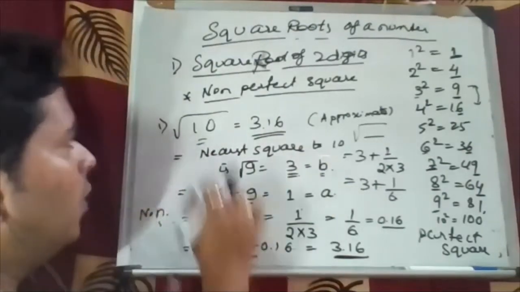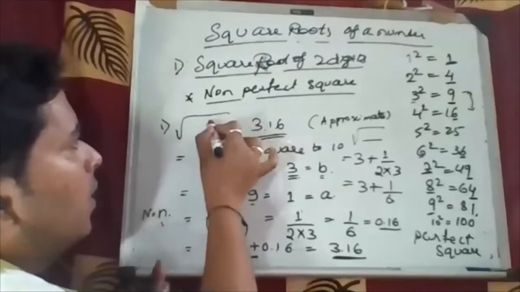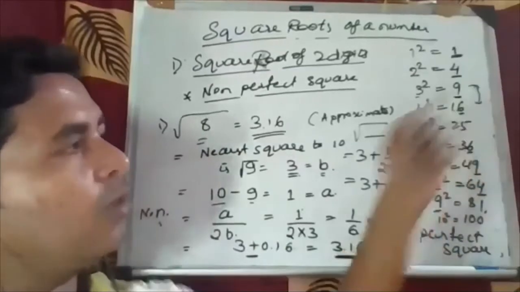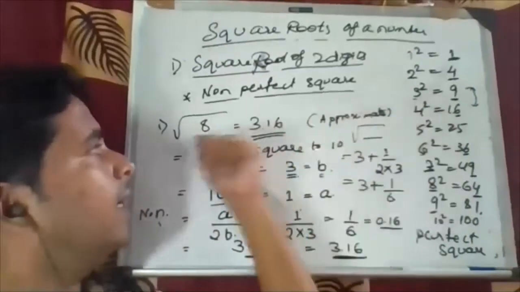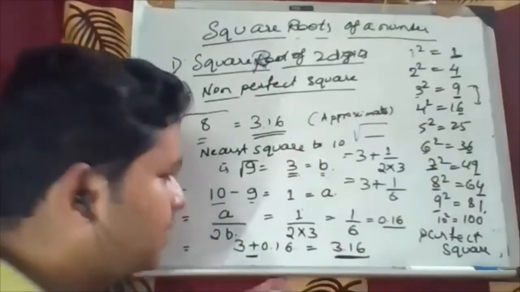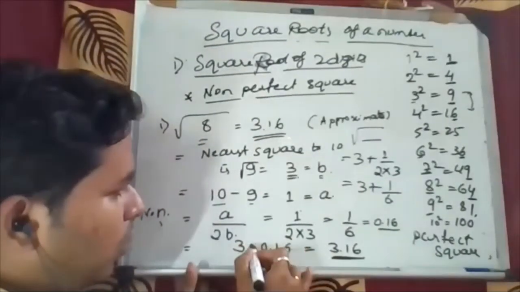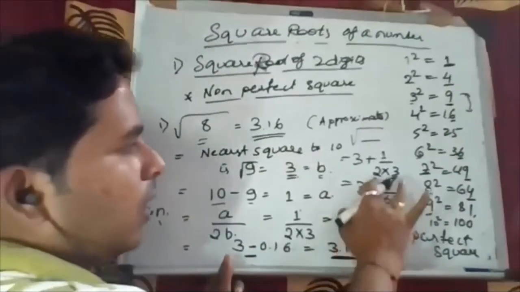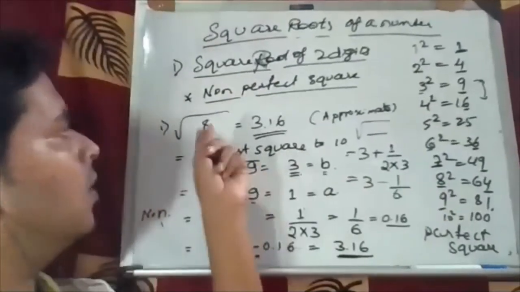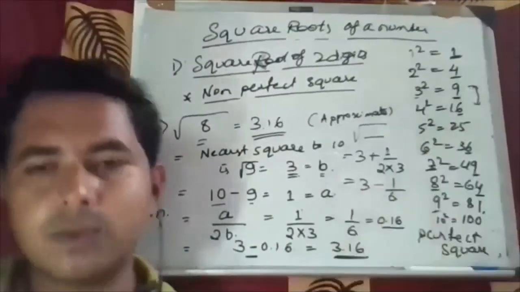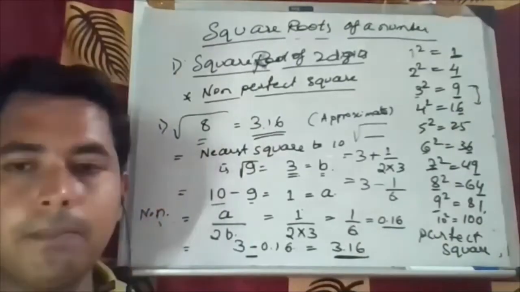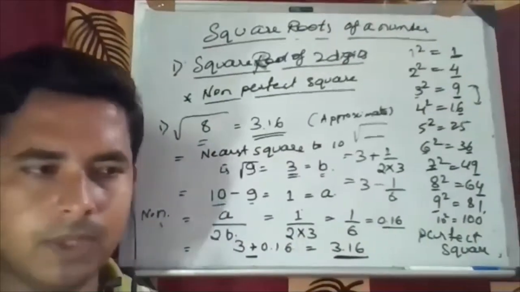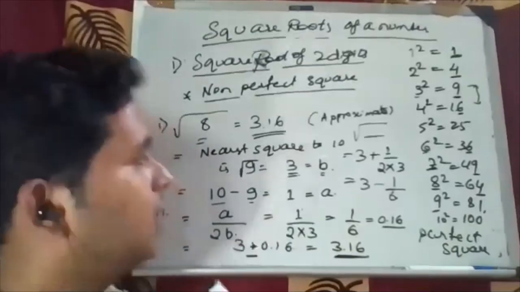okay, now look here, I am finding the square root of 8. 8 lies near to 9 only, but 8 is smaller than 9. For that reason, same procedure here. What you have to do is the minus. Same procedure. Instead of adding 3 plus, you have to do 3 minus, because your given value is less than the nearest value. Then you have to do a minus. If it is more than that, then it is a plus value. That is one condition.